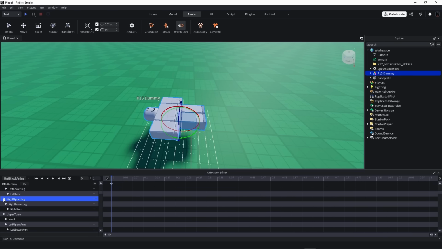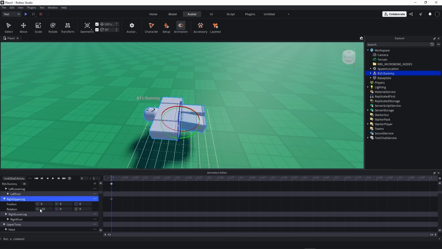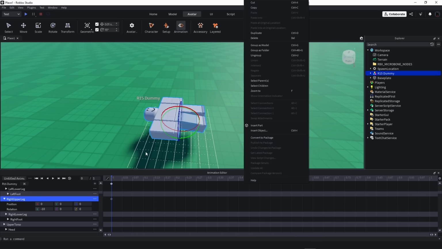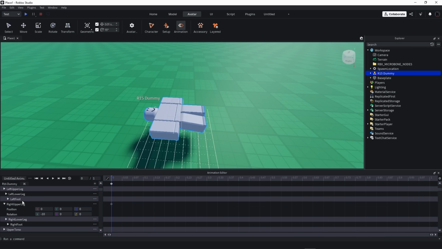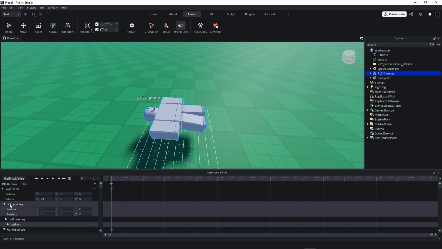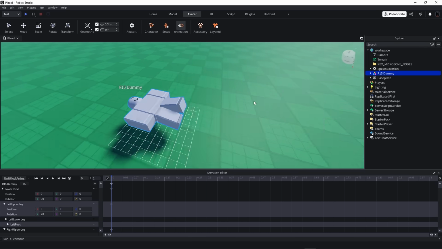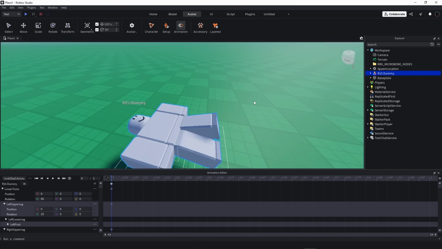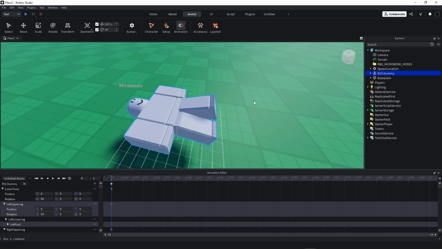So if I want to move the right leg, I want to rotate that a bit. Let's make it go down a bit, -10. There we go, that one's done. If we want to make the left leg go down a bit, go to left upper leg. We want to make that go positive, so let's go 20. There we go. So it looks like they're doing different things, and that's how you manipulate each of the body